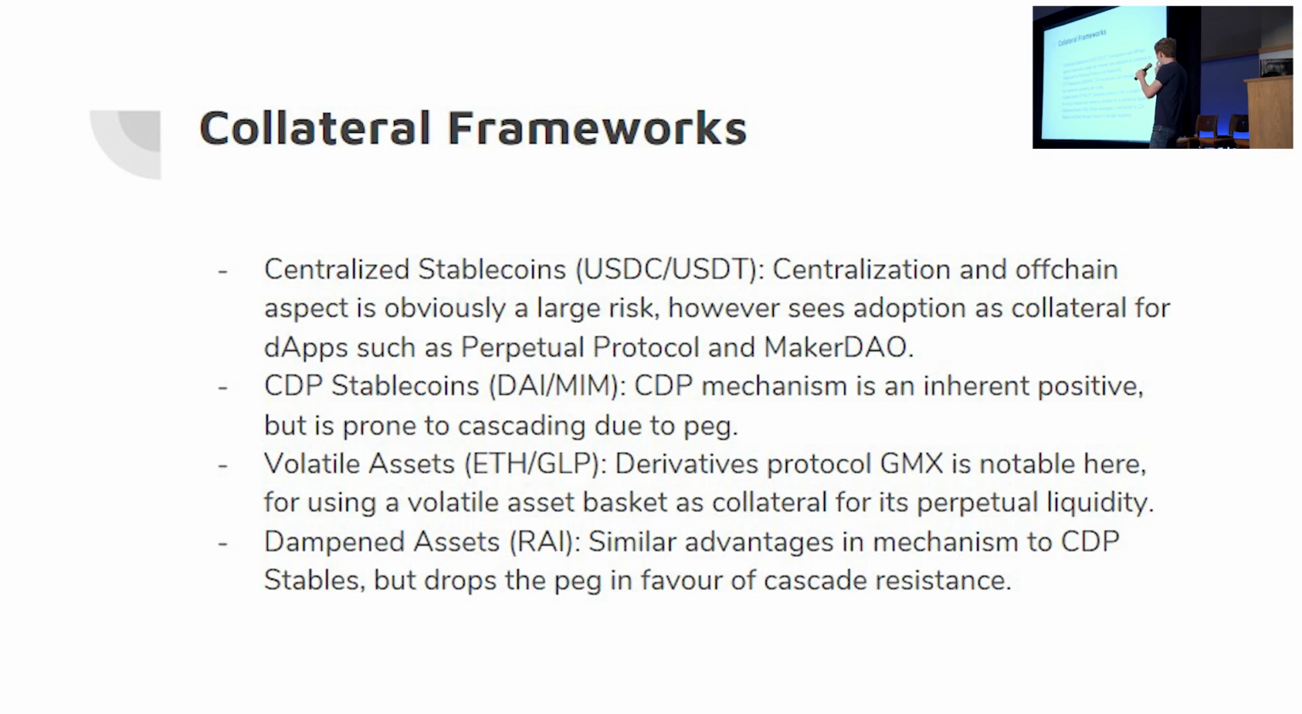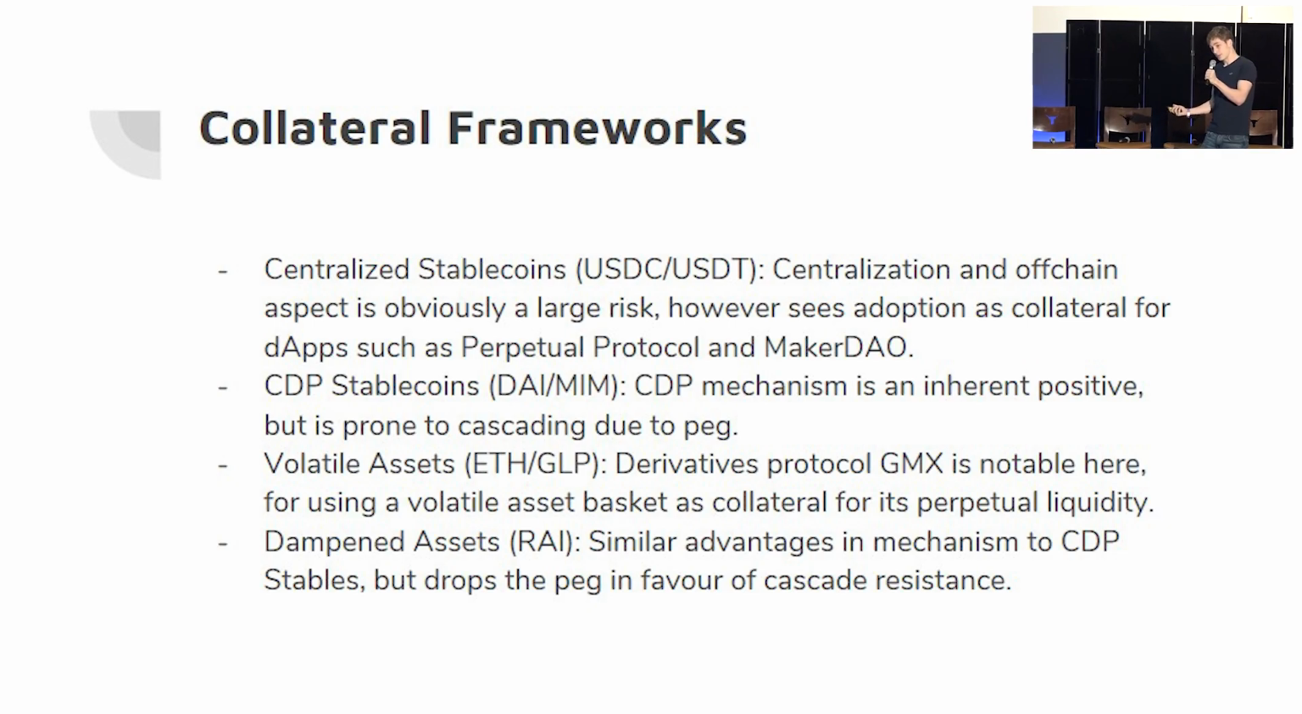And then finally, I want to talk about dampened assets, which are, in my opinion, the most interesting. And the main one here is RAI. Basically, they have a similar mechanism to CDP, where you put your collateral in a vault and you mint a token. But the difference is that they drop the idea of a stablecoin peg, and they basically say, we can be volatile, we can go up, we can go down, and we're just going to do that as slowly